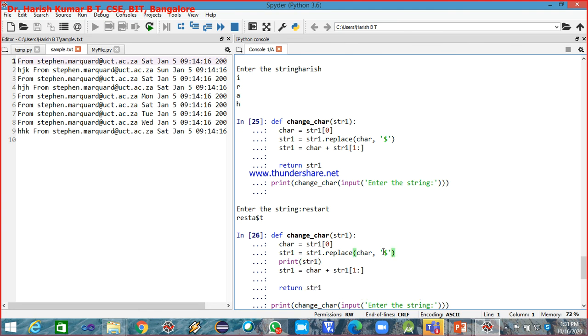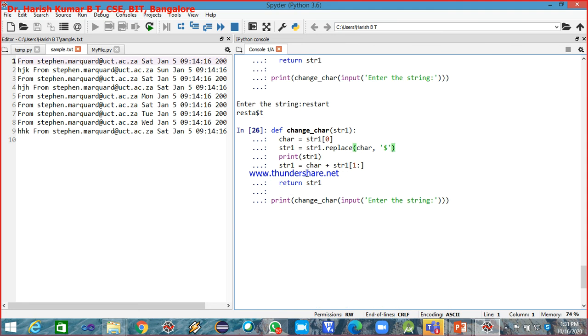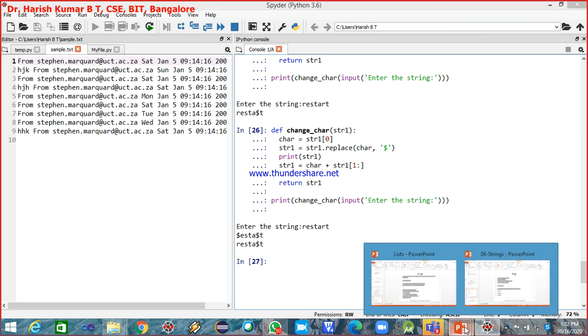Here what will happen? It will replace all occurrences of R with dollar, and after that I'm leaving the first character, I'm appending the R to it. See, here all occurrences of R are replaced, but in this next line I'm removing this, I'm taking out this and assigning R. Okay, so this is the example.